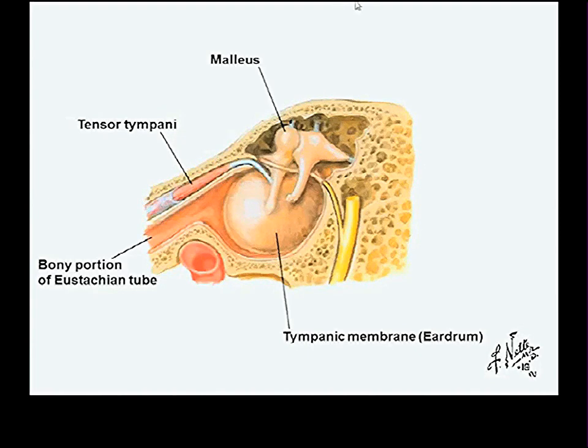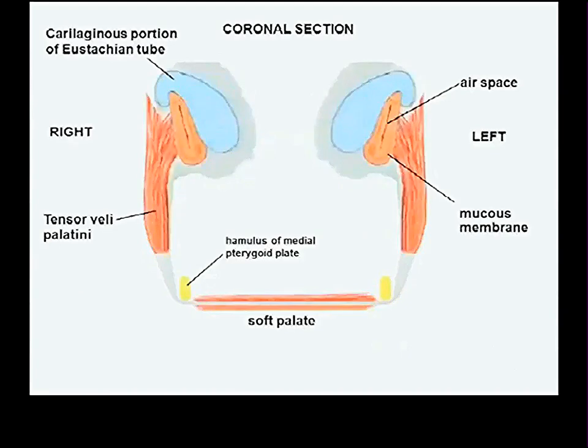I mean, it's a striated muscle. There's no reason it shouldn't be under voluntary control in the same way that any other muscle innervated by V3 is. And the other tensor muscle is a muscle called the tensor veli palatini. Dr. Dagum had mentioned this in his lecture as well. I don't know at that time if you knew much about it.